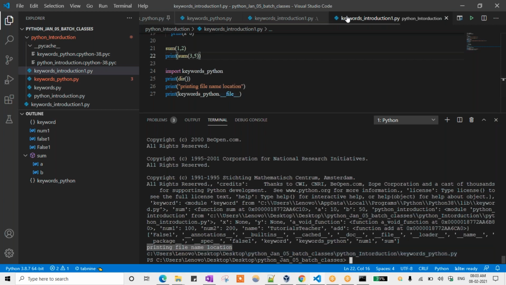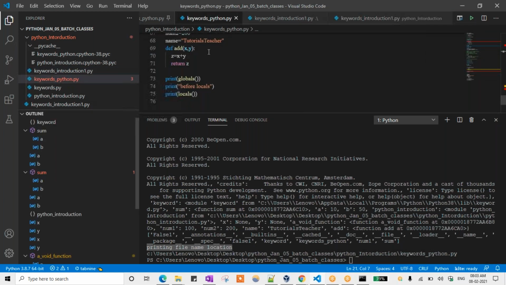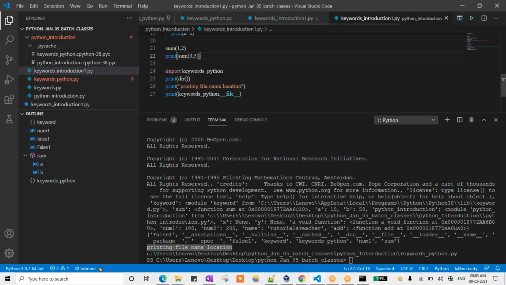What is the file name of that particular thing? It will just drop the output. So what is the file name we are having? keywords_python.py file. If you see this one, this is keywords_introduction1.py. But what is the thing we have used previously? I am just importing this particular file, but I am printing this particular file. So that is the reason. keywords_python file, I am just printing this file name here. I just imported that one from some other location. Okay. So this is the thing.